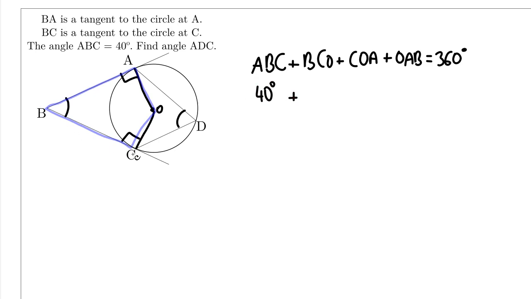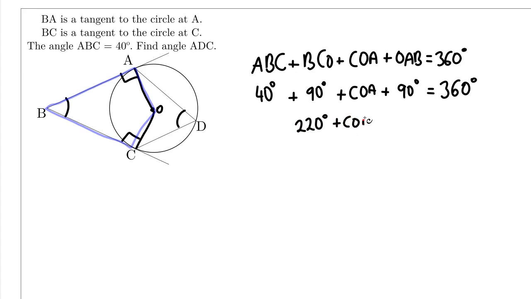Angle BCO, we know that it's 90 because of the theorem. Angle COA is unknown. Angle OAB is 90 degrees. And together they should add up to 360 degrees. 40 plus 90 plus 90 gives us 220. That's 360 degrees. And if we subtract 220 degrees from both sides of the equation, COA is equal to